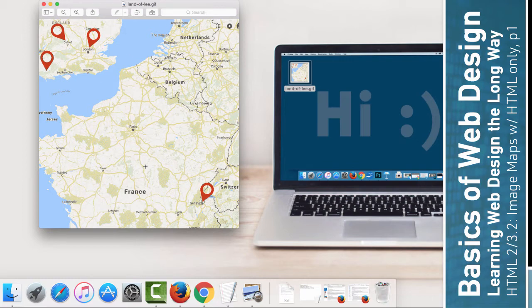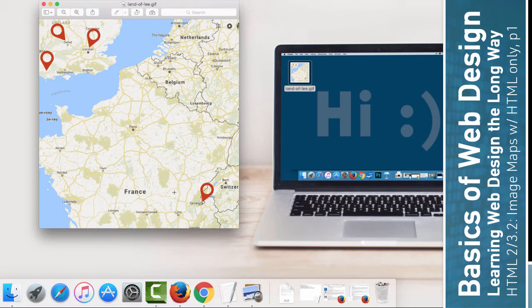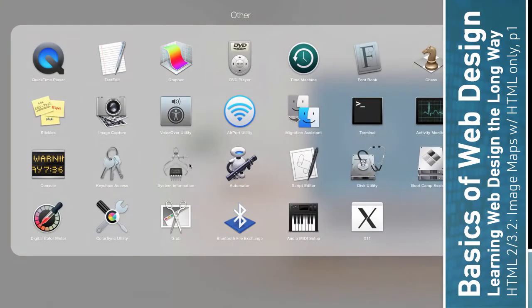So here's the map. I've marked areas that I want to be clickable, and these are different places that Tim Berners-Lee spent part of his life in up to creating HTML. He was born in London, he went to college in Oxford, he had a few jobs in Dorset, and then of course Geneva, where CERN is, where he actually created HTML, with help of other people, of course. So first things first, I'm going to open TextEdit